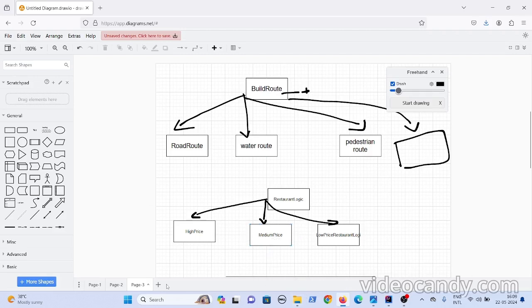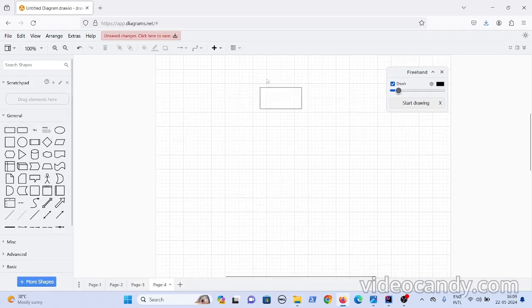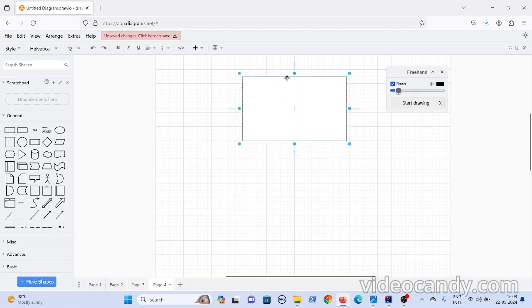Now in the navigator class, if you see, this is the navigator class. Before, we had done inheritance, right? Now instead of inheritance, I'll prefer composition.